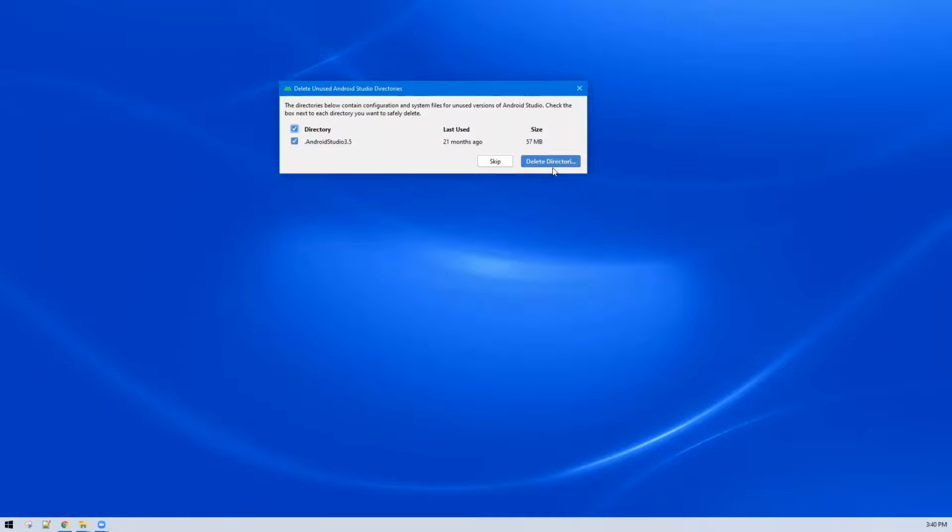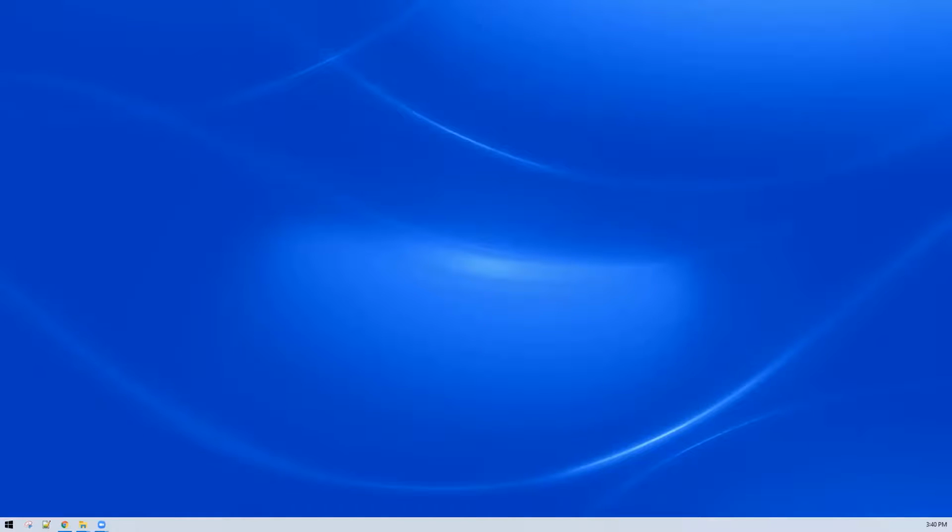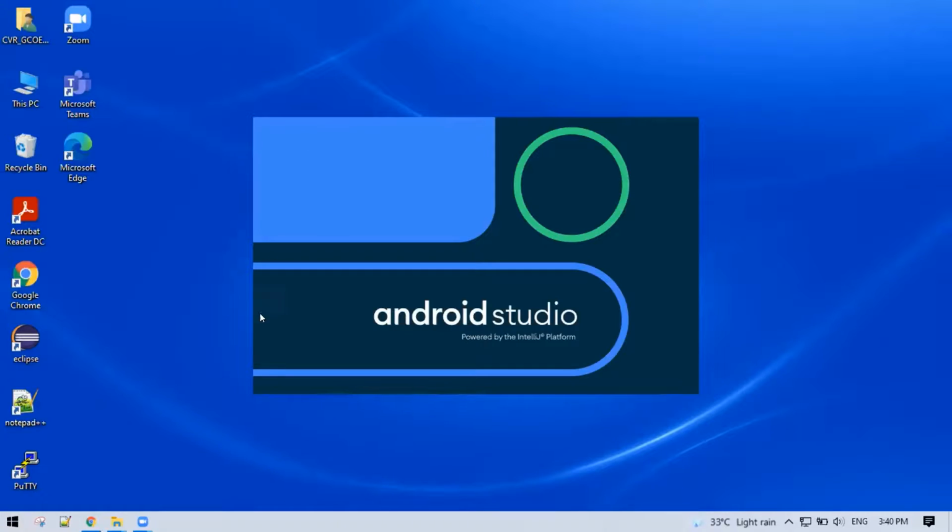For new installations, this will not be shown to you. For new installations, it will show this kind of view. Android Studio powered by IntelliJ platform, and subsequently it will show the start screen.